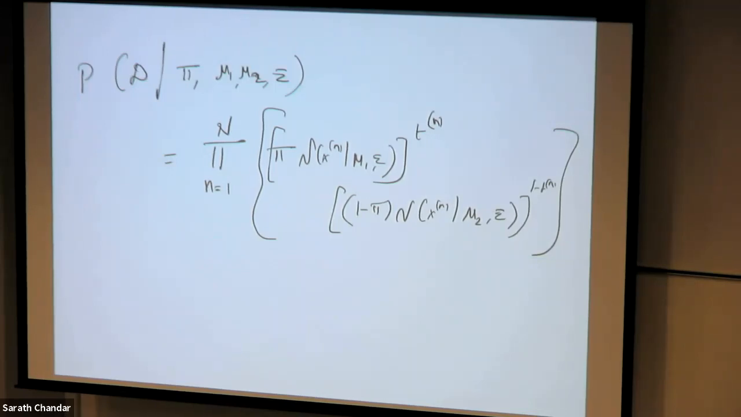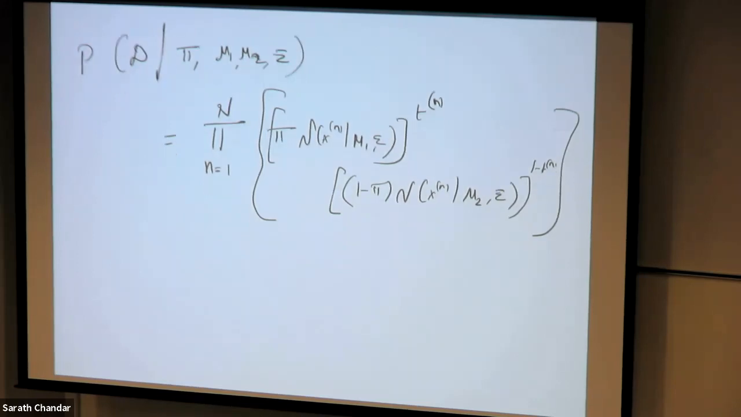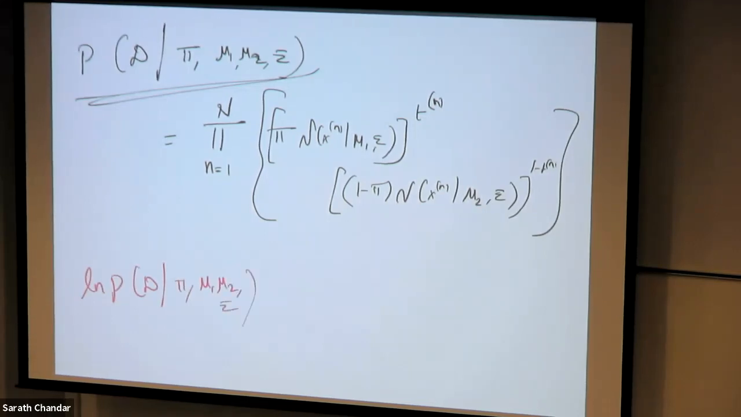Because log just captures the same thing, right? The maximum that you find in log is also the same as the one that you find in the original space. So instead of considering this, I'm going to consider ln p of D given pi, mu1, mu2, sigma. Okay. So when I do ln, the product becomes a sum, right? So this becomes summation over n equals 1 to capital N of ln of,